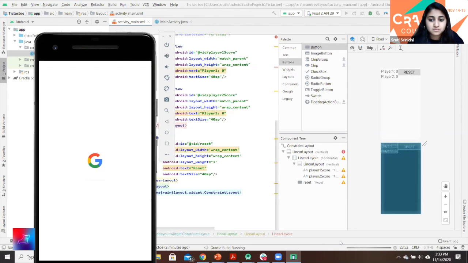Cool. So once you have this, please run it to make sure you have the design that we're looking for. And once this happens, we're going to go into the code. So we're going to go to the main activity Java, right? And within the Java, what we're going to do is